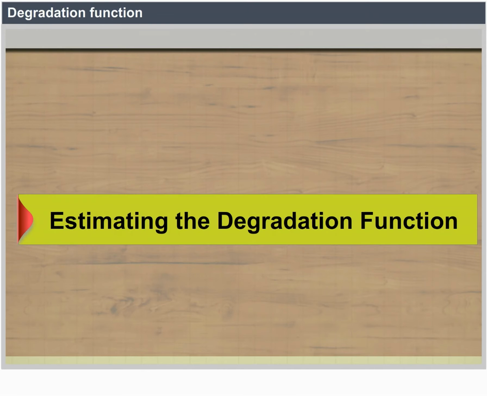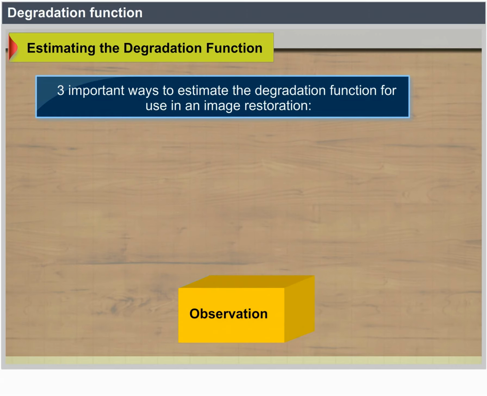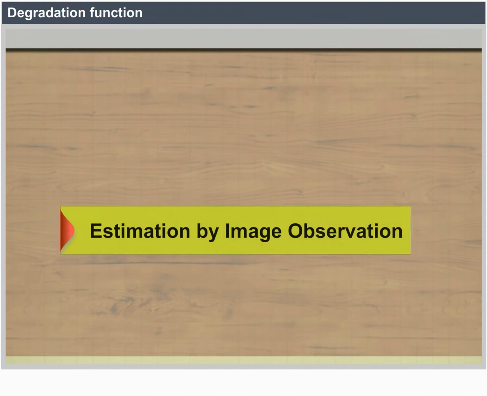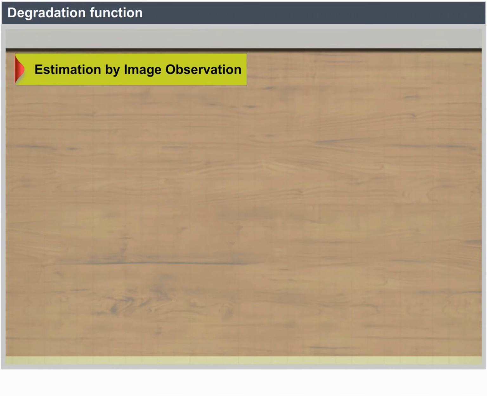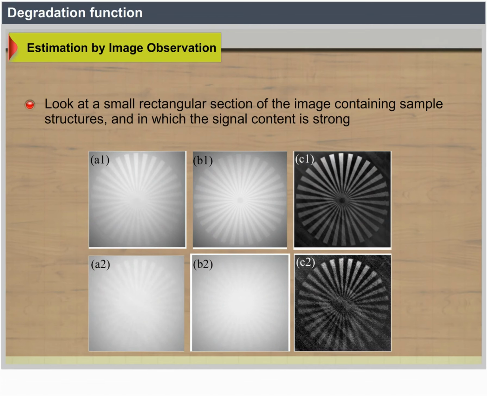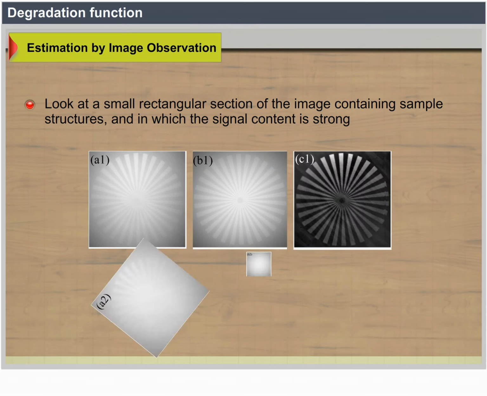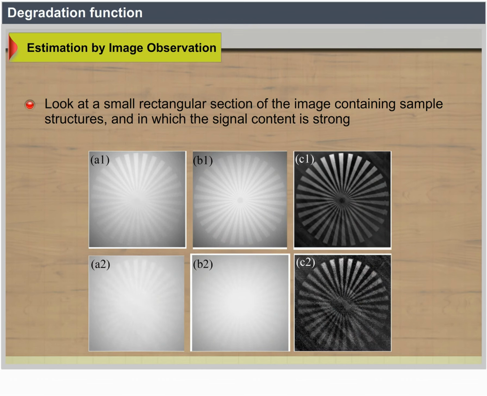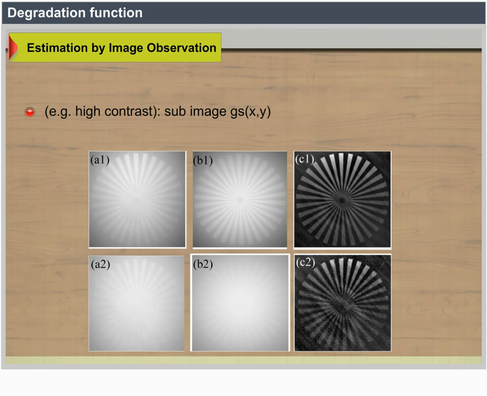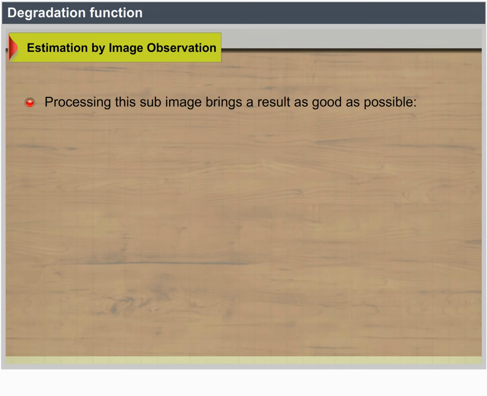Estimating the degradation function. There are three main ways to estimate the degradation function for use in image restoration: observation, experimentation, and mathematical modeling. Estimation by image observation. The degradation is assumed to be linear and position invariant. Look at a small rectangular section of the image containing sample structures and in which the signal content is strong, that is, high contrast, subimage g_s(x, y). Process this subimage to arrive at a result as good as possible,